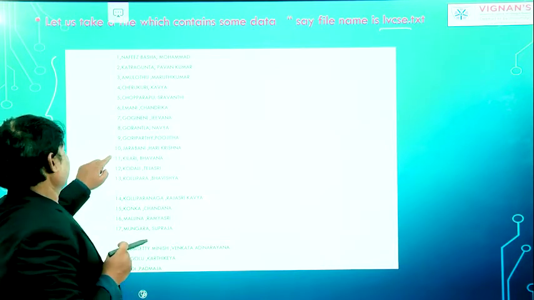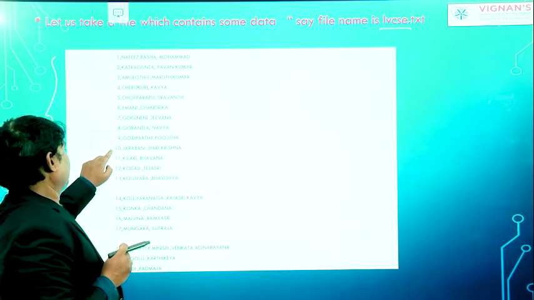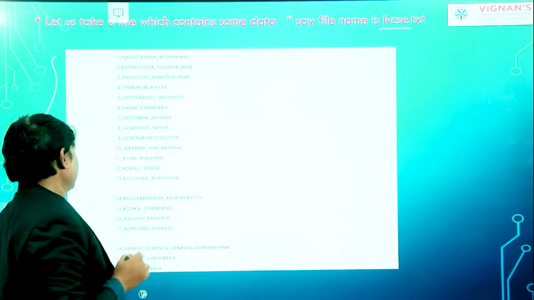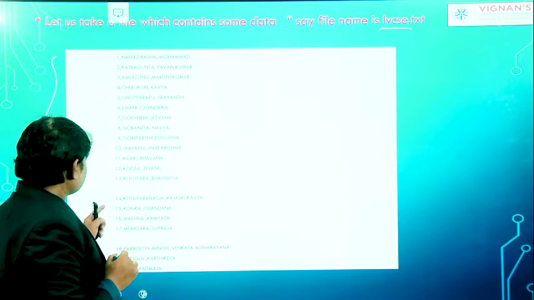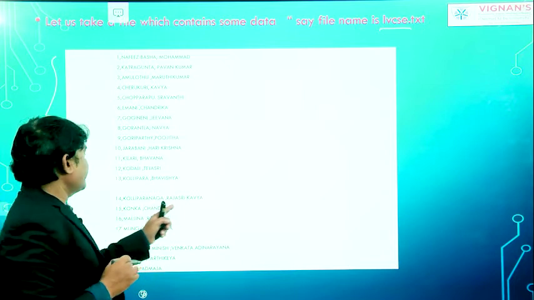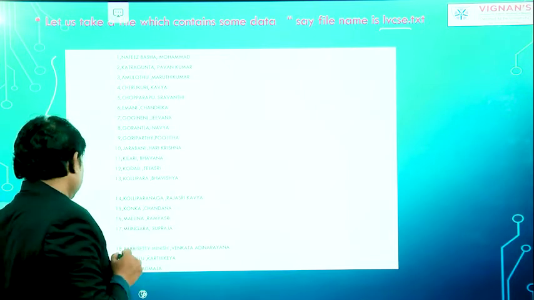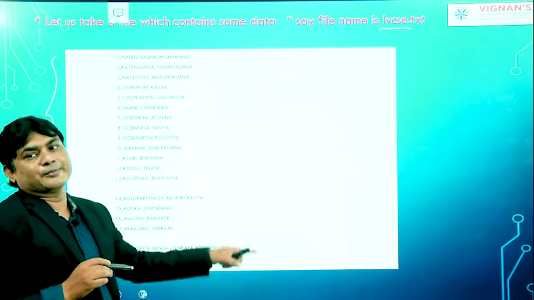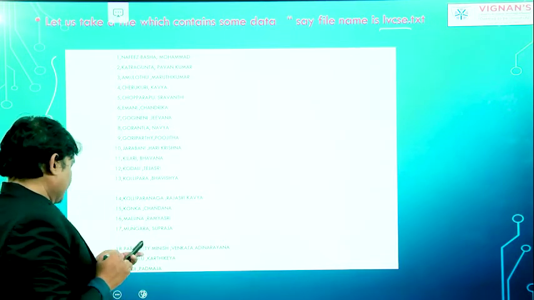See, if you say ID number 10, the information of this ID will go to which bucket? Bucket number 0. If you say 15, the 15 ID will go to which bucket? Bucket number 0. If you say 20, the information of 20 will go to which number? Bucket number 0. So if you give this command, what will happen?